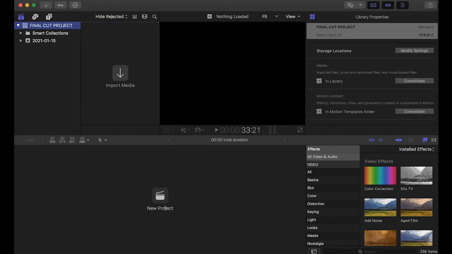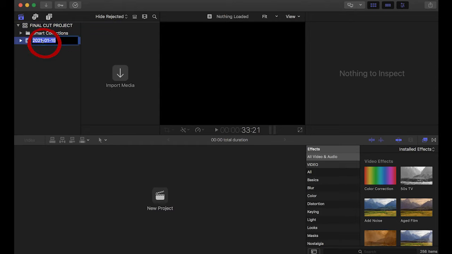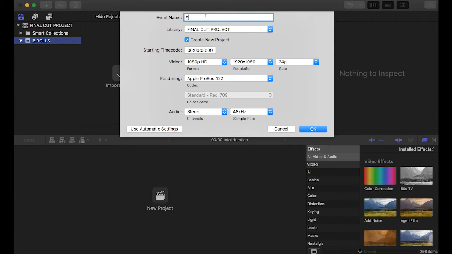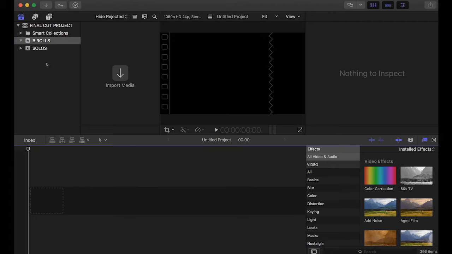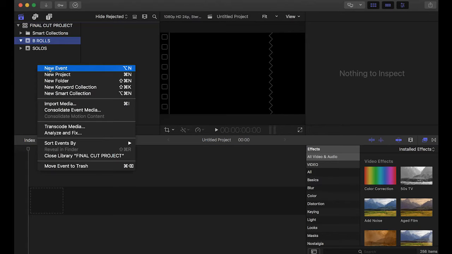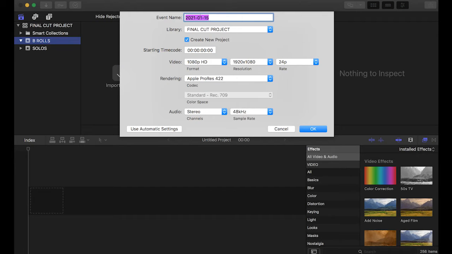So now what I'm going to do is import all my media. Okay, we're not going to start the new project yet. I want to start importing all my media so I can actually classify it. We have B-rolls, as I mentioned before. You want to classify all of that. I have some solo shots. You create it, there it is. You do the same thing. I've got a group